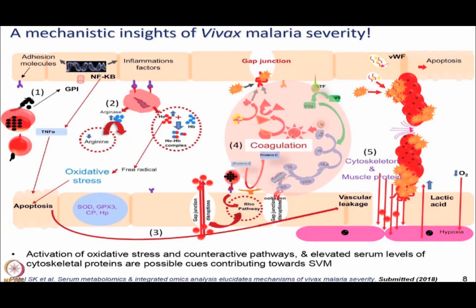So, the activation of oxidative stress as well as the cytoskeletal regulatory molecules could be one of the major mechanisms contributing toward severe Vivax malaria. Of course, this is a very complex slide which needs a lot more time, but I am not going into detail. The idea is only to give you a glimpse of what you can try to understand from proteomics